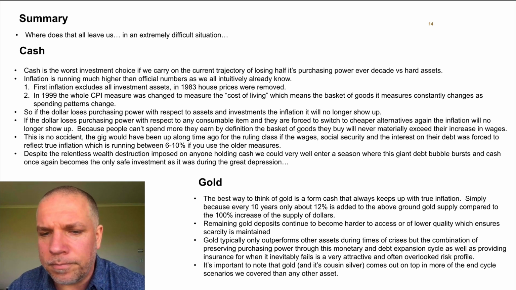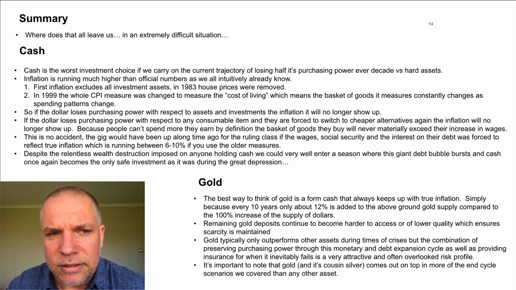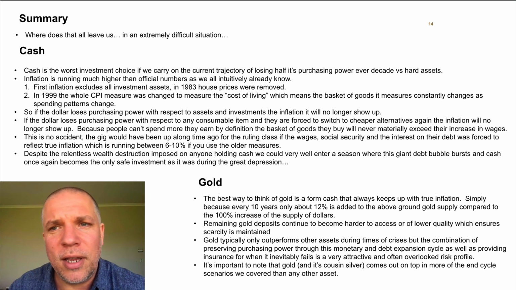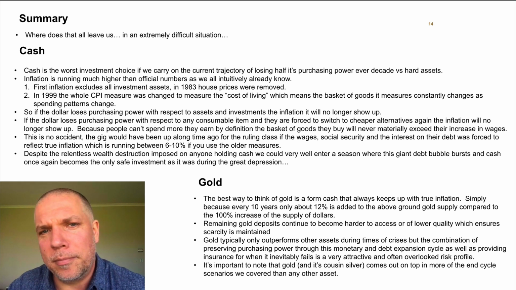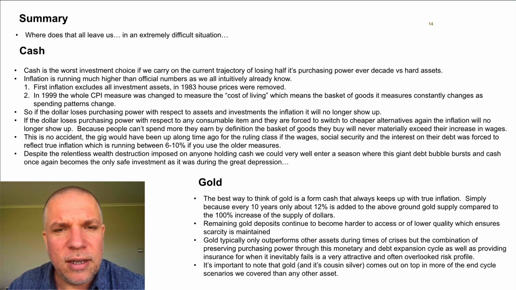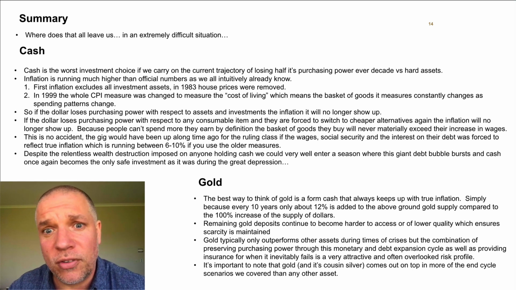So that's cash. All that said, if we do head down a Great Depression scenario, you're going to need cash. People are desperate to not go into default, to not have the bank take all their assets off them as they're losing jobs, or as they're going into negative equity on all their investments. Cash can be king again for a period. You're going to want some.